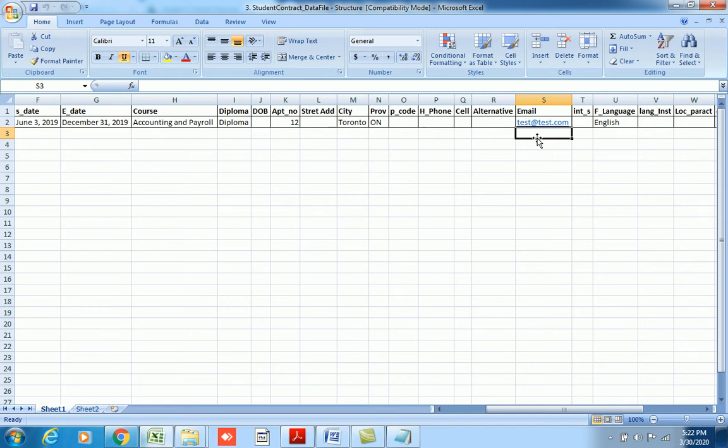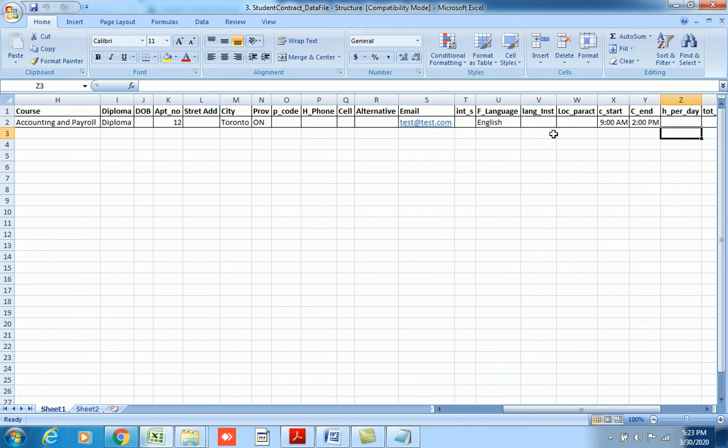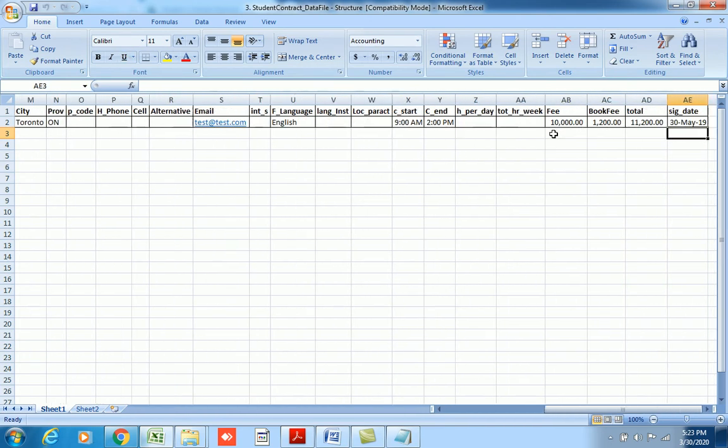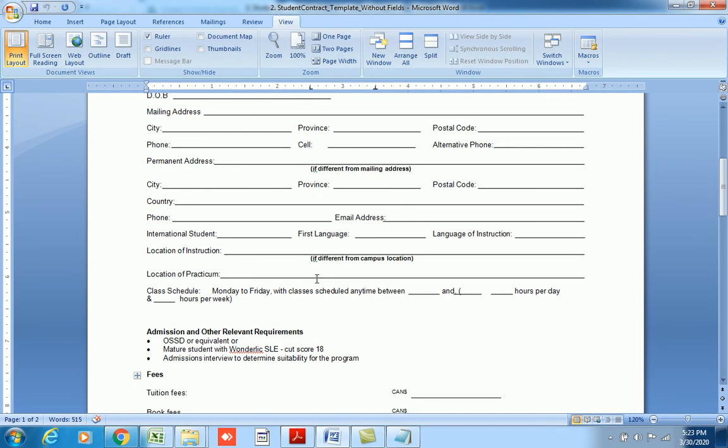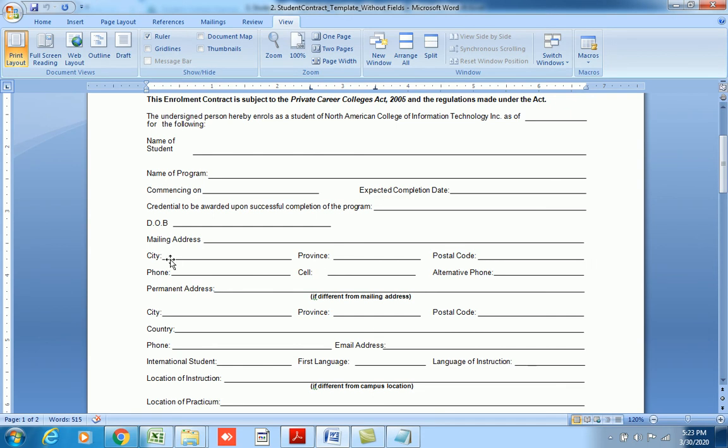Like for example, in one if you put Toronto, in the other one you can change the city name, apartment number, email, just put something different. Like I said, you do not need to add all the fields, but if you can, that will show up. Whatever you have here, when we link this, will be displayed in these fields. Whatever field is left blank in your data set will not show up here. Once you see it, it will become clearer.